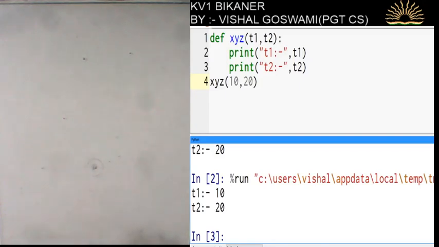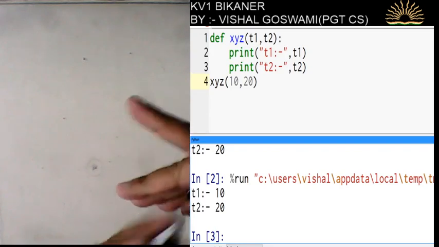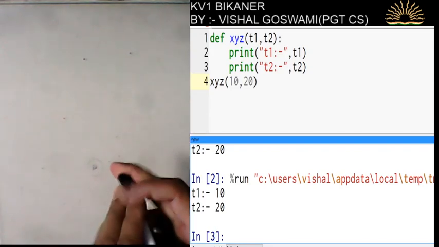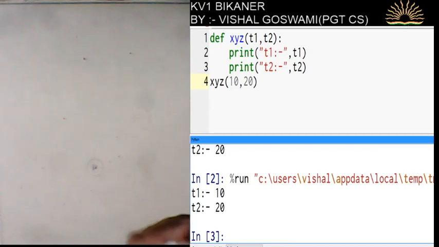We continue with functions. Today we will learn the default value of the parameters and how a function can return more than one value.